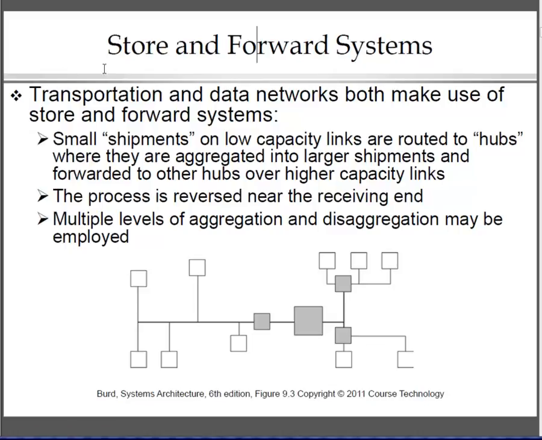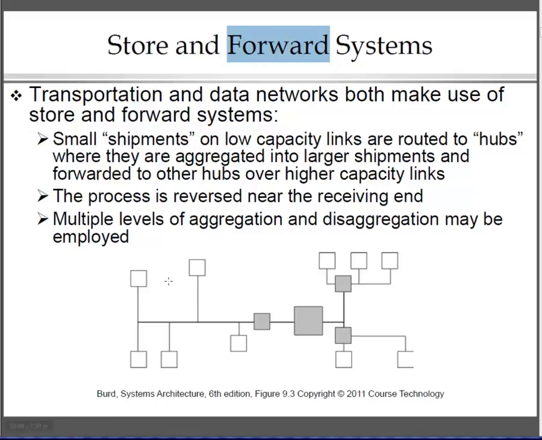Okay. So the idea is at various points along the way that connect these different pathways or networks, you may need to temporarily store the data, and then once there's an opening, once there's a gap in the traffic into which you can insert that data, now you can forward it on to the next destination. And the way we get from sender to receiver is by a series of these store and forward steps that make a complete path from point A to point B, or from sender to